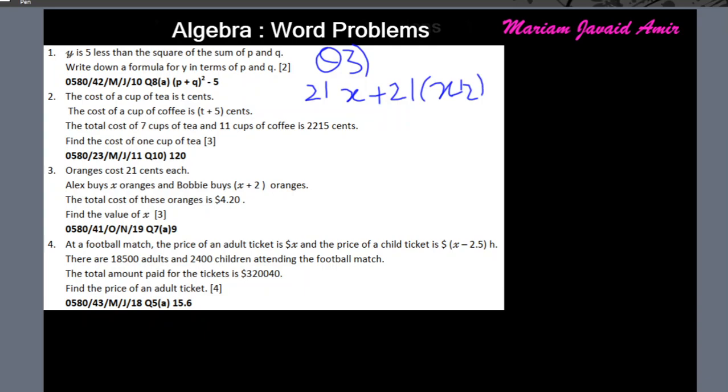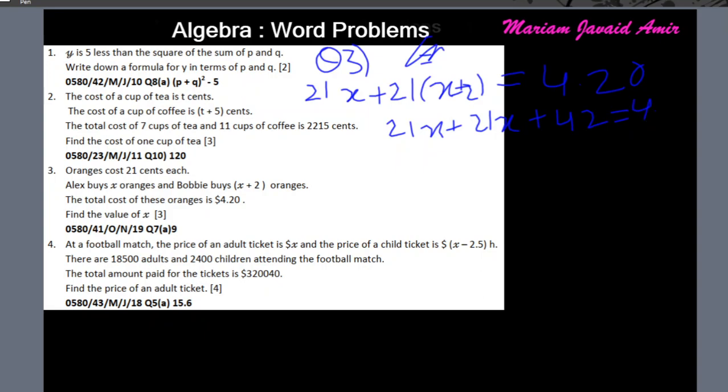The total cost of the oranges is 4.20. So now let's open the bracket: 21x plus 21x plus 42 equals